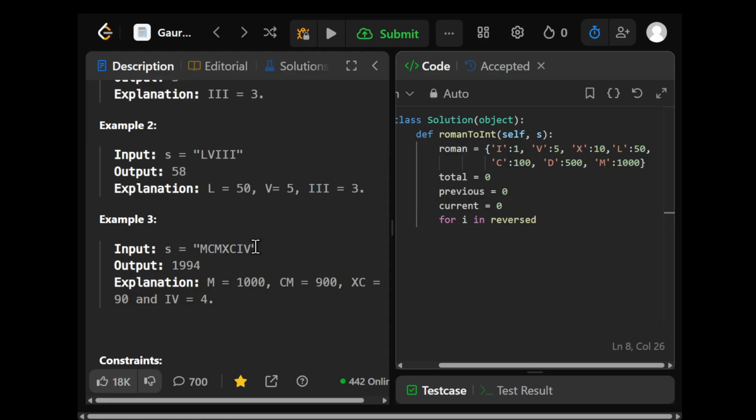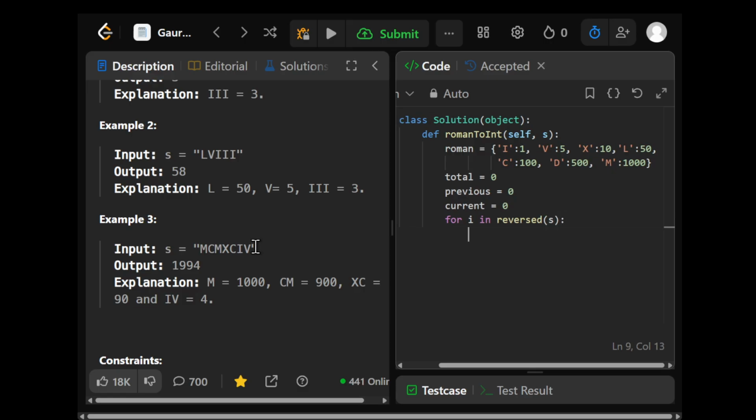Reverse s. Okay, and for taking the Roman number integers, current is equal to Roman of I. Okay,